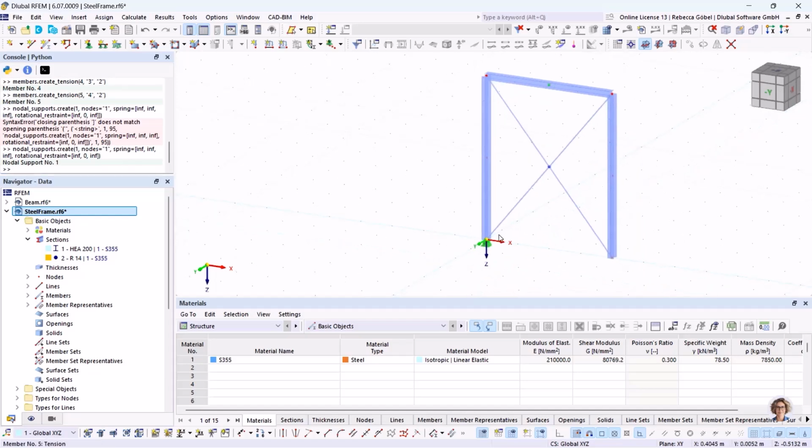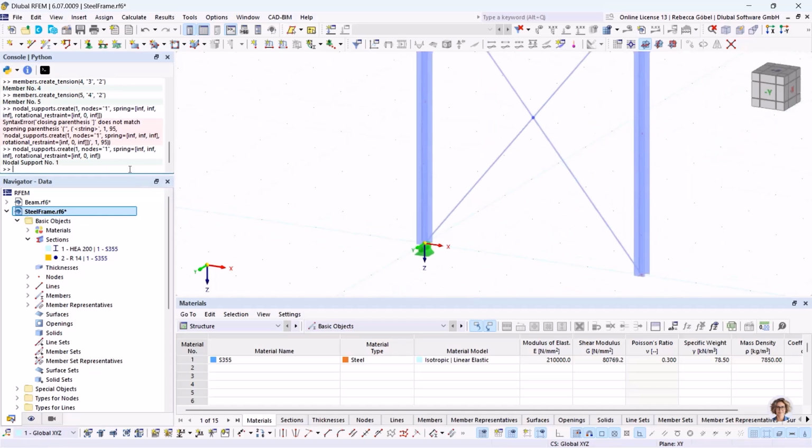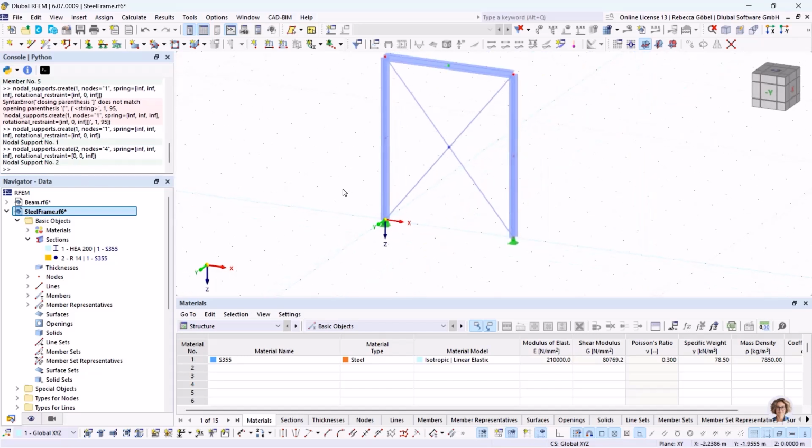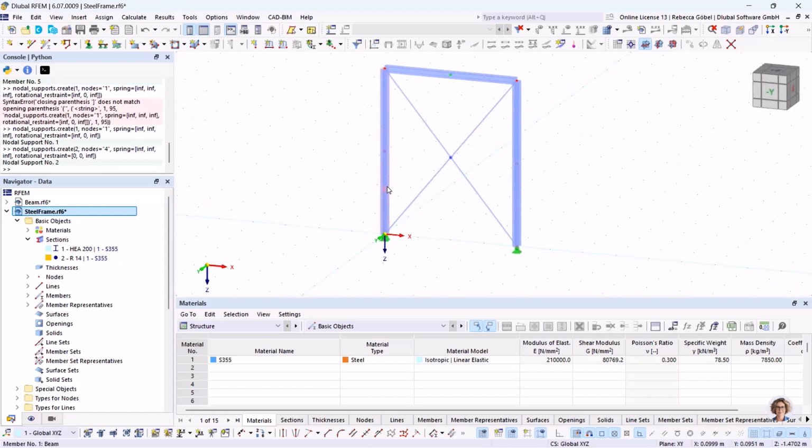Now it's working. Okay, and for the second nodal support, number 2 on node number 4. And it's free around the x-axis. Okay, now our geometry is ready,